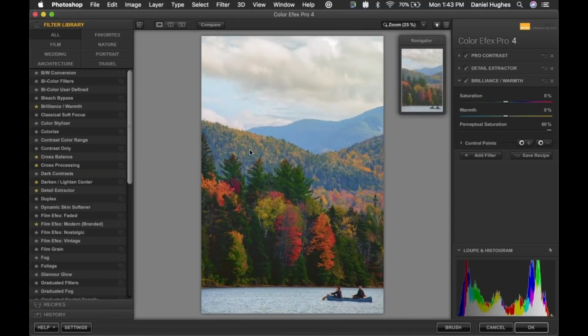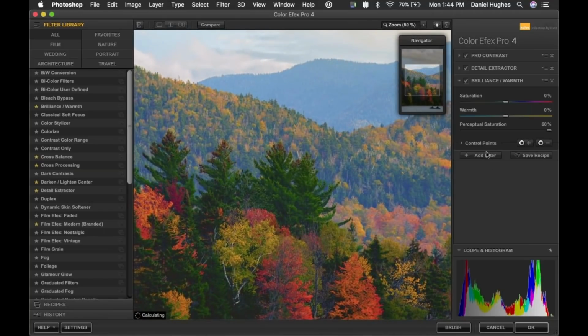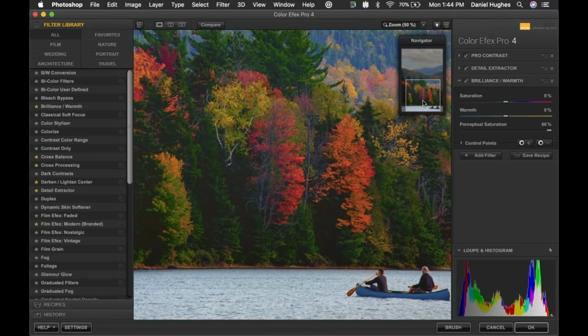For example, now that we've increased the perceptual saturation, you can actually see what I assume are the pine cones up at the top of the tree here. I'm not exactly sure, but it separates now, right? Whereas in the original, you really didn't see that difference. And obviously this is too strong, but it's a nice way of increasing this kind of color contrast throughout the